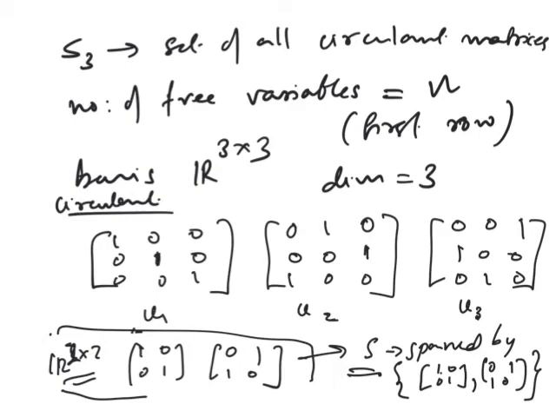Because elements of S are also elements of V. If I take a 2 cross 2 circular matrix, it is a 2 cross 2 matrix, so it has a 4 tuple representation. There's nothing that you can do about it. It is a 4 tuple, but 2 of its elements are going to be dependent upon the other 2 elements. It need not be 0 also. Did you understand the idea? It is going to be represented by a 4 tuple, but only 2 of those are freely choosable. The other 2 get decided by whatever you chose for the 2. Have this idea very clearly in mind.